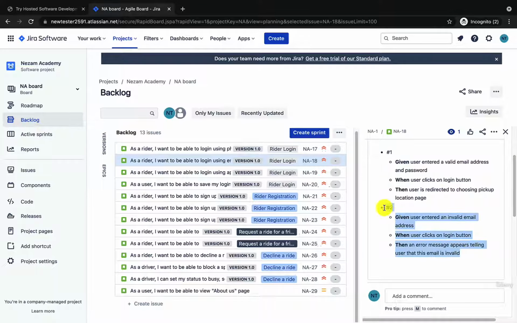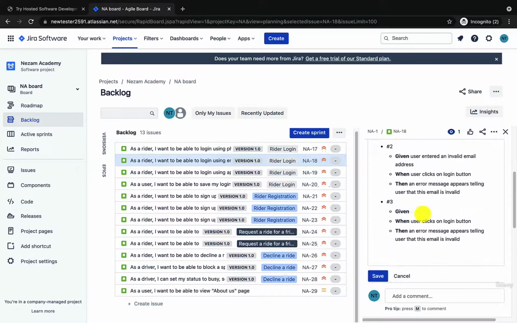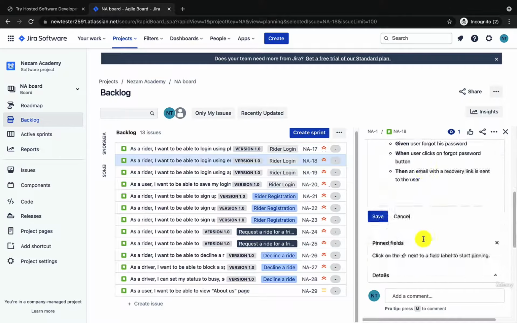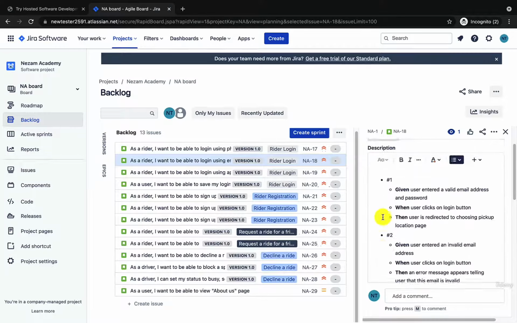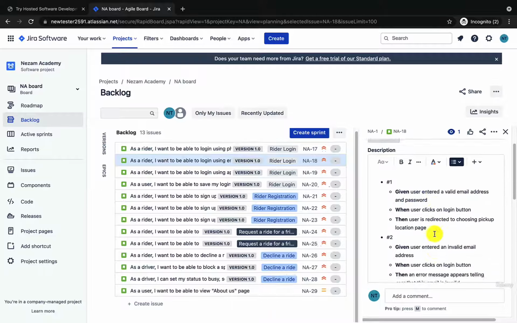The third scenario, for example, is given user forgot his password when user clicks on forgot password button, then an email with a recovery link is sent to the user. Of course, those are not all the acceptance criteria that are related to this user story, but while we are